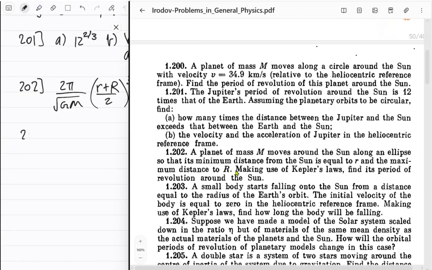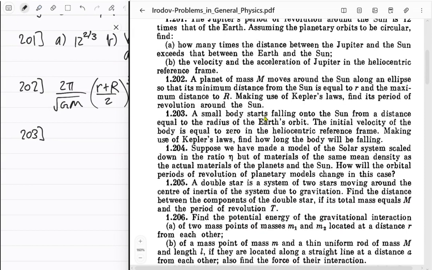203. A small body starts falling onto the sun from a distance equal to the radius of the Earth's orbit. The initial velocity of the body is equal to 0 in the heliocentric reference frame. Making use of Kepler's laws, find how long the body